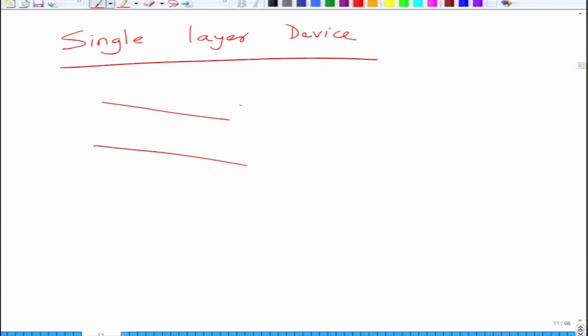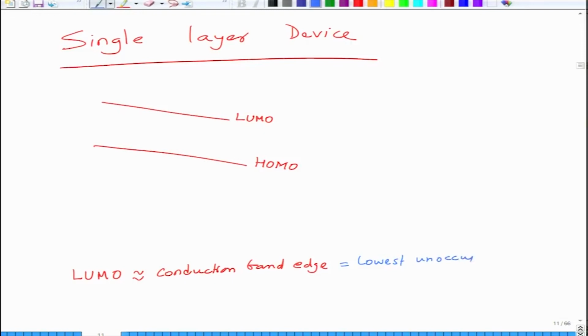In case of polymers, another thing you will come across is that instead of calling them conduction band and valence band, we call the band edges LUMO and HOMO, where LUMO is equivalent to the conduction band edge in inorganic materials. It is not similar, but it is equivalent, and it stands for lowest unoccupied molecular